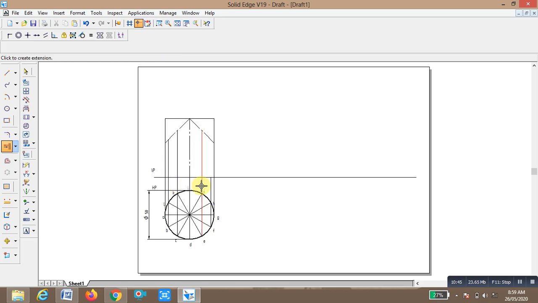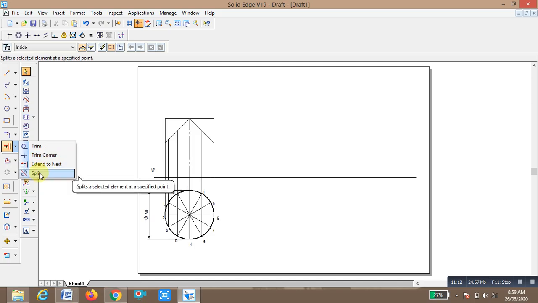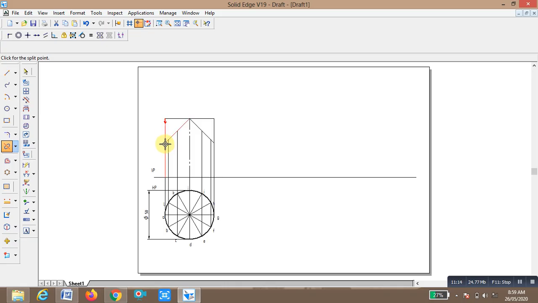So again we are going to make this section plane a continuous line. This is continuous, I want to make it. You select this bottom portion only and make it bold, which means you split these vertical lines at this point. I am going to select split at this point. This remaining portion I want to make bold. I split at this point, this line at this point I am going to split.